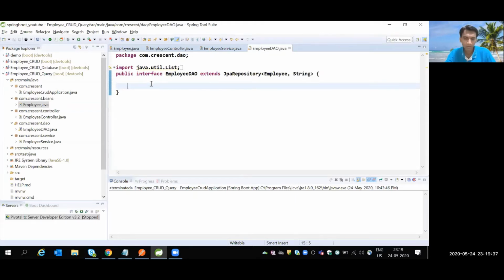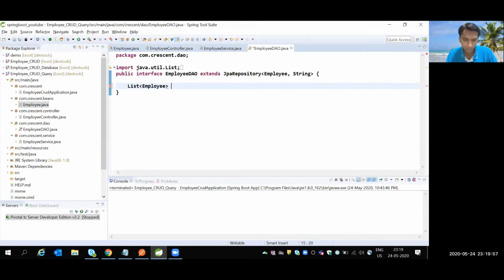I can have a return type of List of Employee, because name is not a primary key column, so I may get multiple records. That's the reason I'm keeping the return type List of Employee.